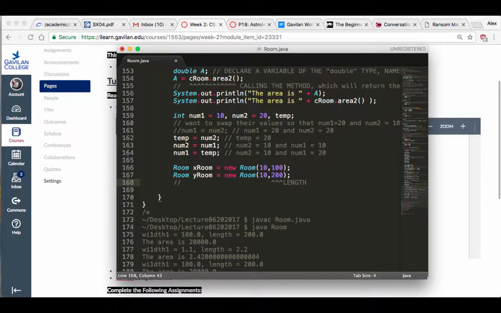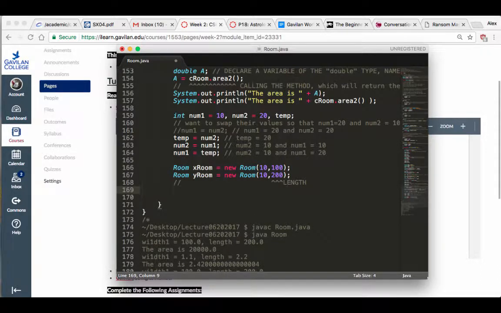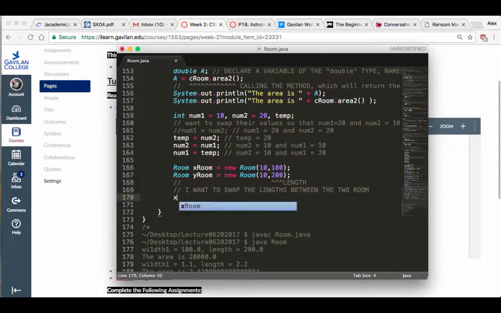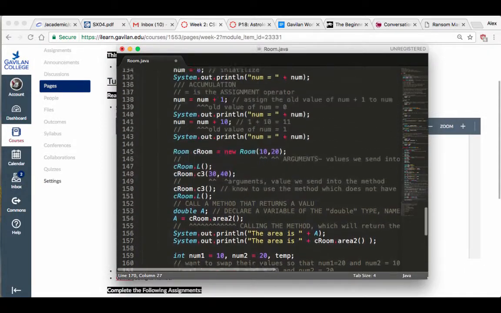Okay? But what I want to do is swap the lengths between the two rooms. And I want to do something like this. I want to do it like that. I want to say, alright, X room dot swap, and I'm going to send in the whole other room, Y room. Okay? And before I do this, I'm going to add an extra little